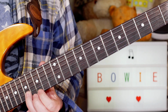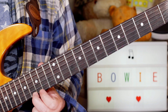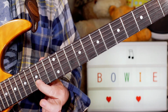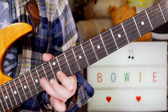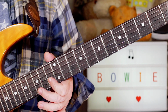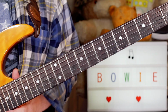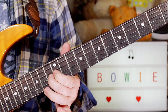so I'm just playing G to G sharp, 15 to 16, E on 17 on the B string, D on 15, and C, B, A, G sharp on the B string, 13, 12 on the G string, 14, 13. Then